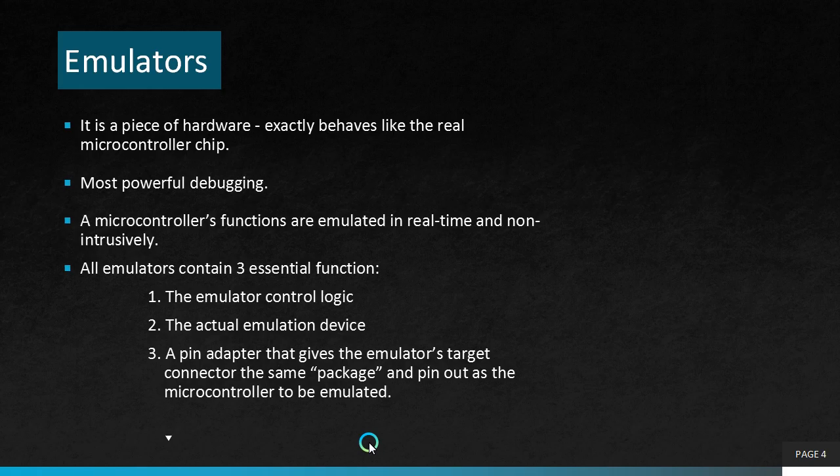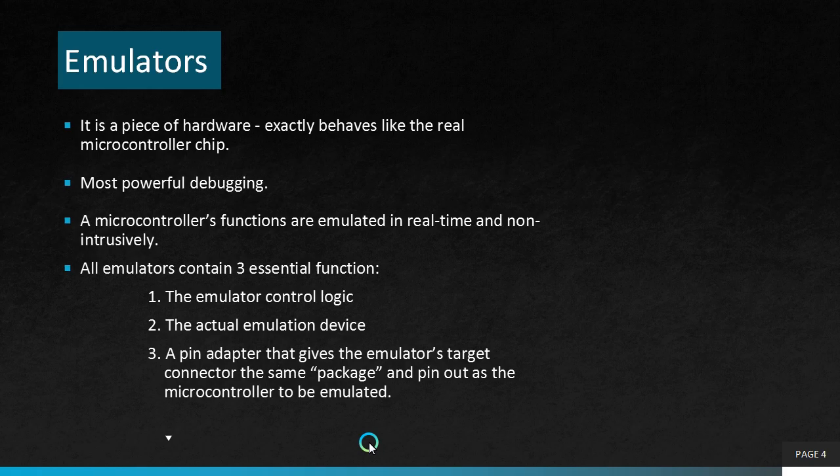Emulators. It is a piece of hardware that exactly behaves like the real microcontroller chip with all its integrated functionality. It is one of the most powerful debugging tools of all. A microcontroller's functions are emulated in real time and non-intrusively. All emulators contain three essential functions. They are: first, the emulator control logic that includes an emulation memory; second, the actual emulation device; and the third, a pin adapter that gives the emulator's target connector the same package and the pin out as the microcontroller to